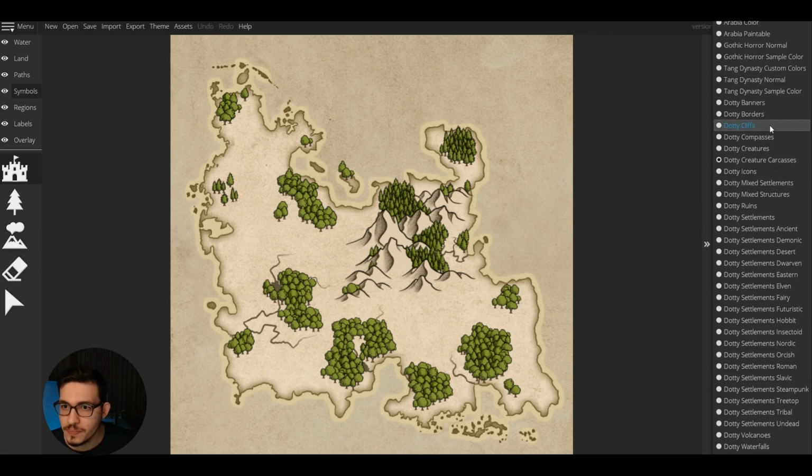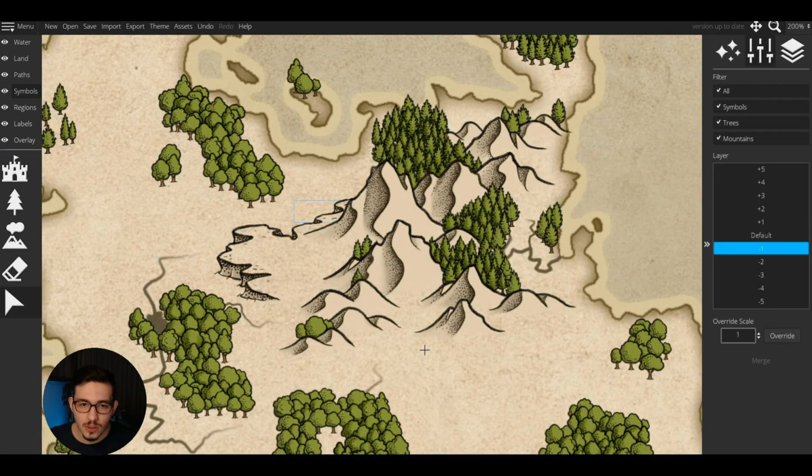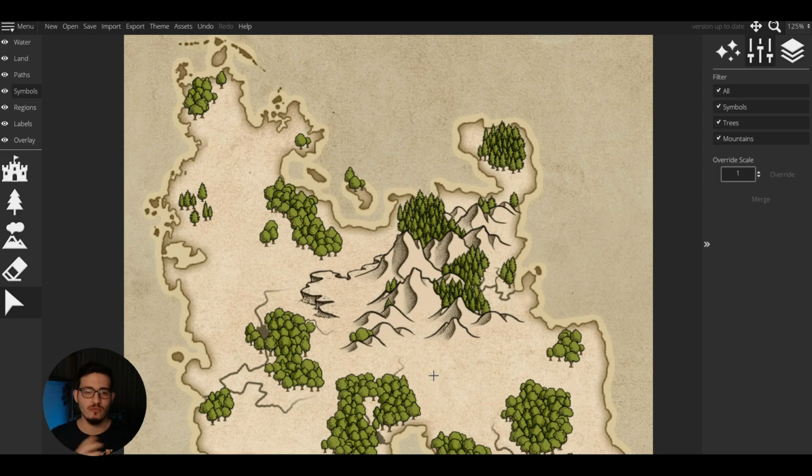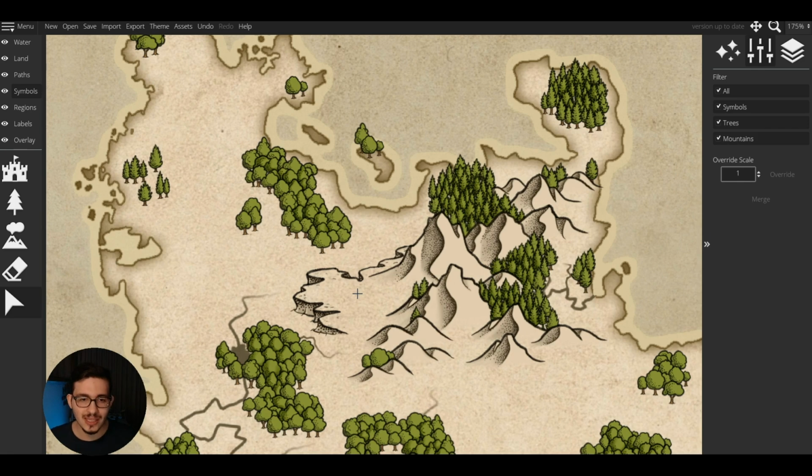Let's go to cliffs. And one thing though, because there is no best way of making maps, you can change things here and there. On every step, you can go a little back, you can go a little forward, like you can do some adjustments on the mountains, you can remove some things. Just try not to get lost by deleting and remaking everything.